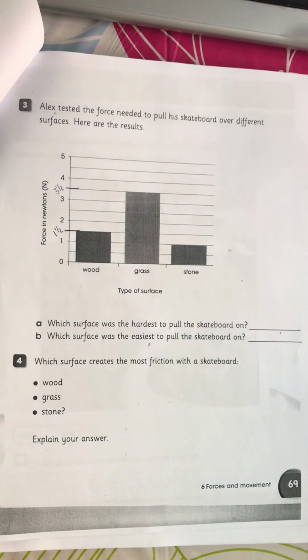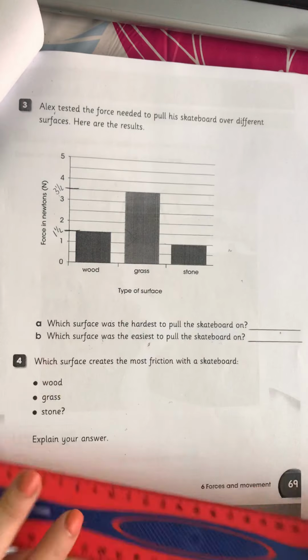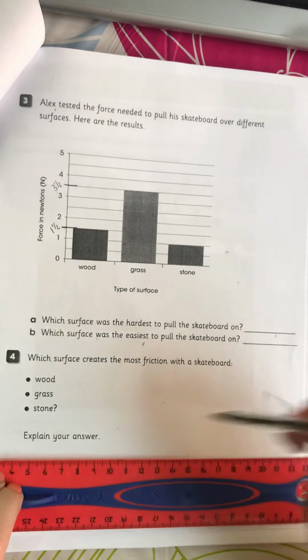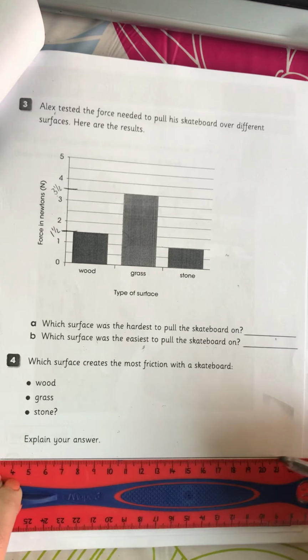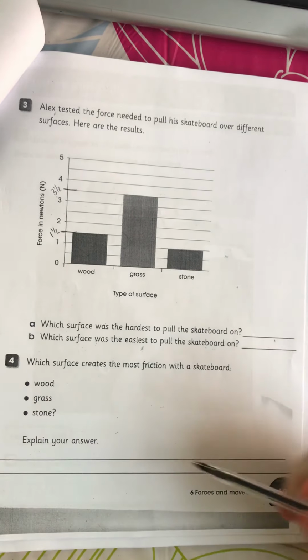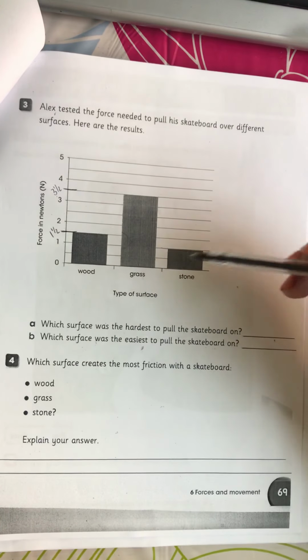Explain your answer. Why do you think it is like that? So circle the correct one. And then to explain, I want you to draw 2 long lines with your ruler, and you can go right on them. Why is grass